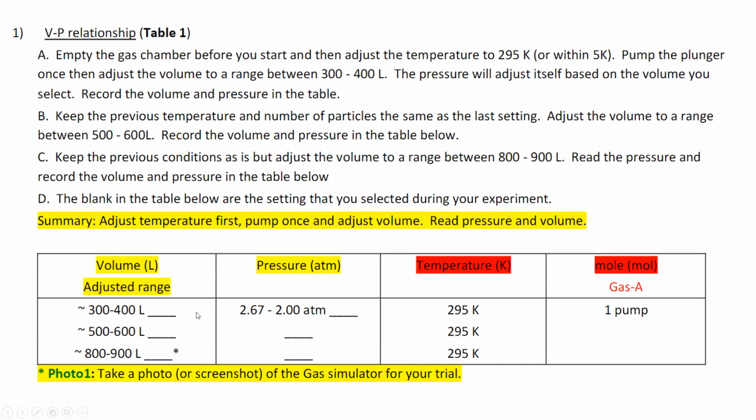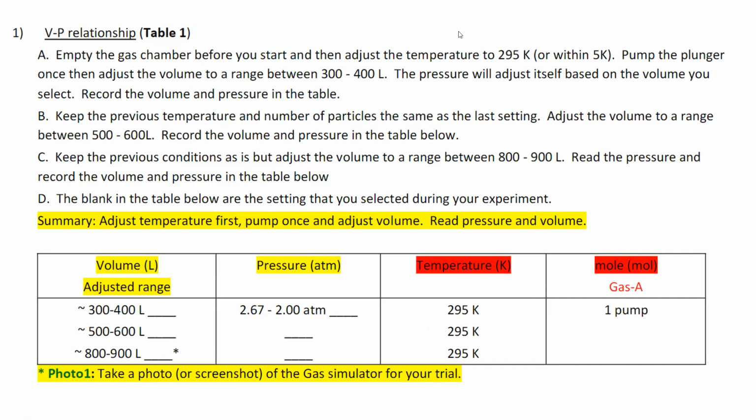And then notice that they gave us the pressure reading for the first set of data. So that is for us, and we're going to be keeping temperature and moles constant in this table, and then filling in the data for the rest of the table. So let's go ahead and take a look at how we do that. We'll go back